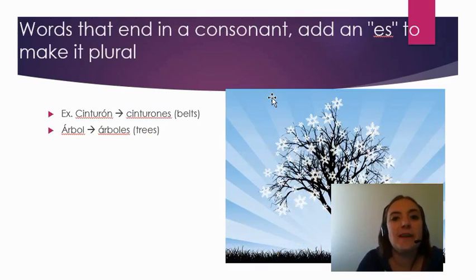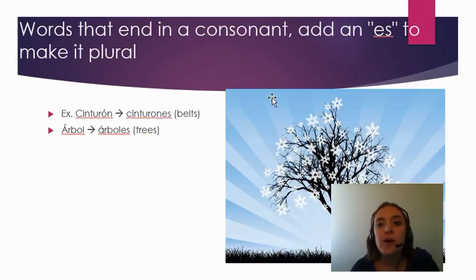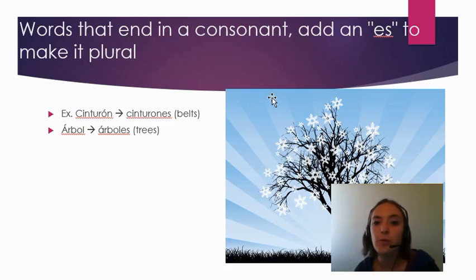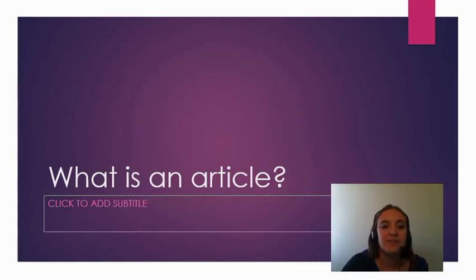So that's for words that end with vowels. For words that end with consonants, so anything that's not an A, E, I, O, U, you'll have to add an ES to make it plural. My first example, a belt, cinturón. To make it plural, we add an ES, cinturones. Second example, a tree, árbol. To make it more trees, you have an ES on the end, árboles. So